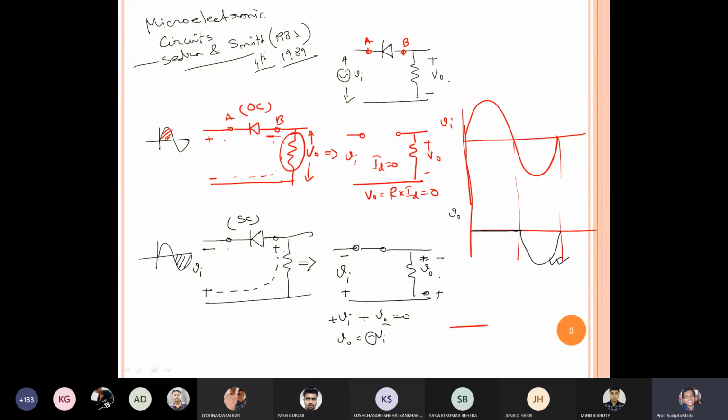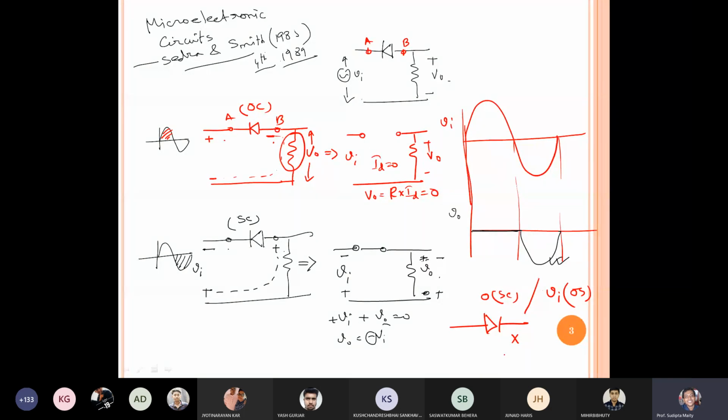Otherwise, if we take the voltage across the diode, either it will be 0 volt for short circuit conditions, or in most cases it will be the input voltage for open circuit condition. So either this one or this one or this one. So we cannot consider the voltage across the diode. Normally we have to consider voltage across the resistor. We will learn another application where we can consider the voltage across the capacitor also. We will come to it one by one.